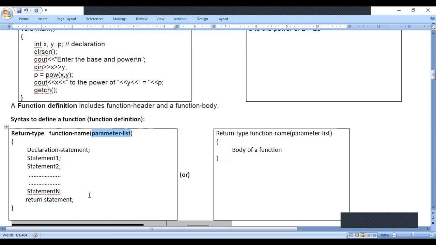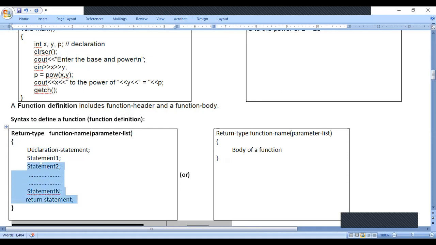So this is the syntax I'm telling. When we go to the example, I will tell you what to write as return type and what to write as function name. Just the syntax: return type, space, function name, opening parenthesis, closing parenthesis. Within the parentheses, you write the parameter list. Then the opening brace, just like you write after the main function. Then at the end, you write the closing brace.